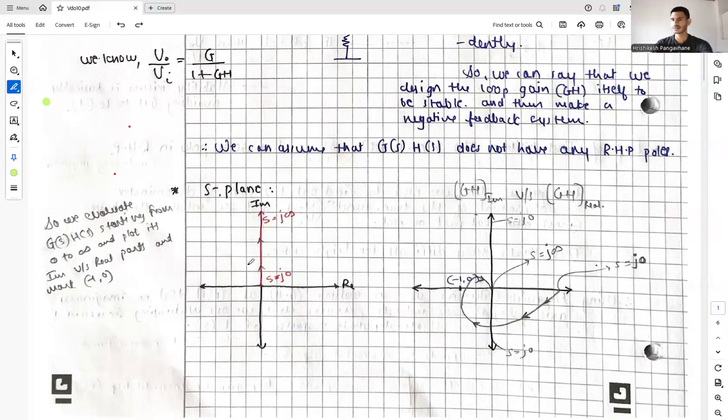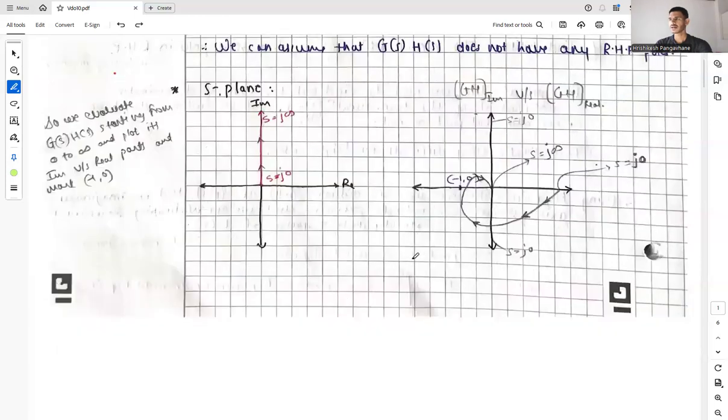Then we evaluate G(s)H(s) on the imaginary axis, and its imaginary part and its real part are plotted on the y and x axes. So this goes from s equals j0 to s equals j infinity, and this curve is for positive frequencies, and this is where our -1, 0 point lies, and this is our Nyquist